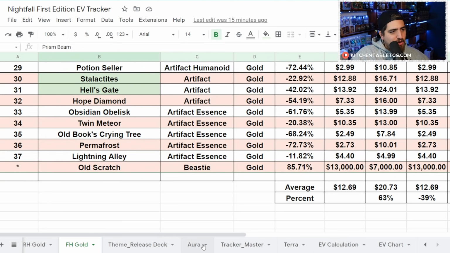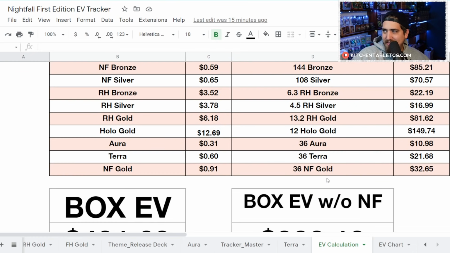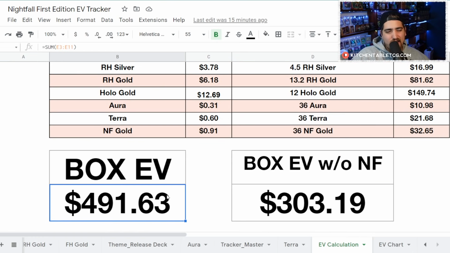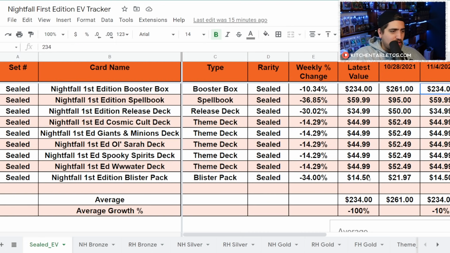And then as we go to the EV, we're seeing about $303.19 here. If you include the non-foils, you're sitting at 491. I don't think you should in your EV calculation on this. Maybe the non-foil rares, you could give yourself an extra $25 added to this value. But I think this is a pretty healthy number to assume to get back about $300 in your boxes, which makes buying booster boxes on the open market currently at the $234